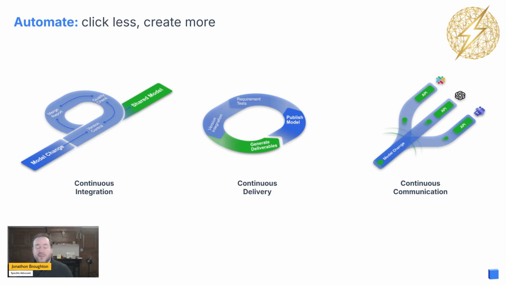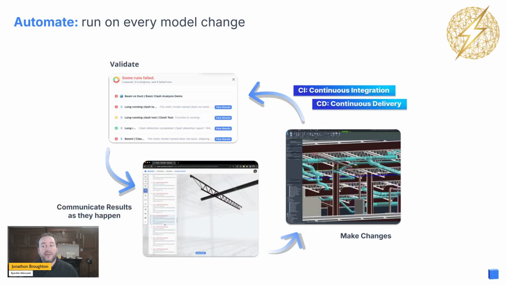From a Speckle point of view, what we see is continuous communication. So every event that happens on the Speckle server, whether it's adding a new comment, making a new model, or uploading something, you can completely listen to all of those events as webhooks. But what we've built on top of that, for people who don't want to deploy a server for doing these things, is a platform so that you can upload absolutely any code you want. And that will run every single time a new model or new information gets published. So for the time being, it's every time new data gets published, but that could, as I say, be every time something's commented.